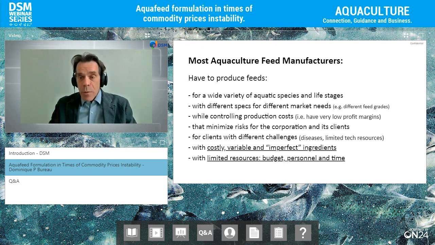You have to formulate the feed using ingredients, and these ingredients are costly. Some are less costly, some are more costly. The price is variable. The supply can be variable, especially this time of pandemic where global supply chain can be affected. And these ingredients are not perfect. When the ingredient is perfect, then it's very expensive. So the name of the game is trying to work with imperfect ingredients, understand these ingredients, so therefore you can make the best job you can out of what you're provided with.